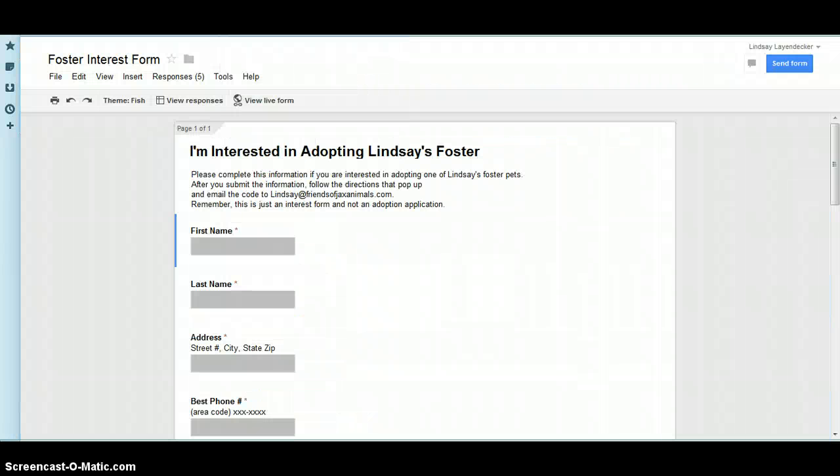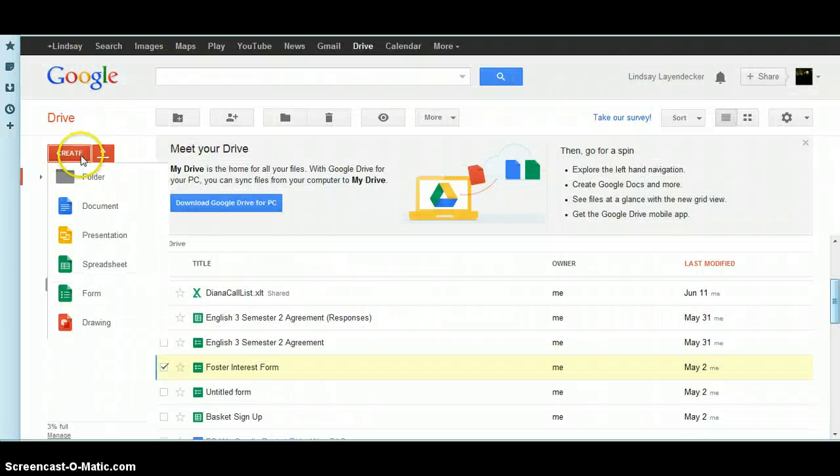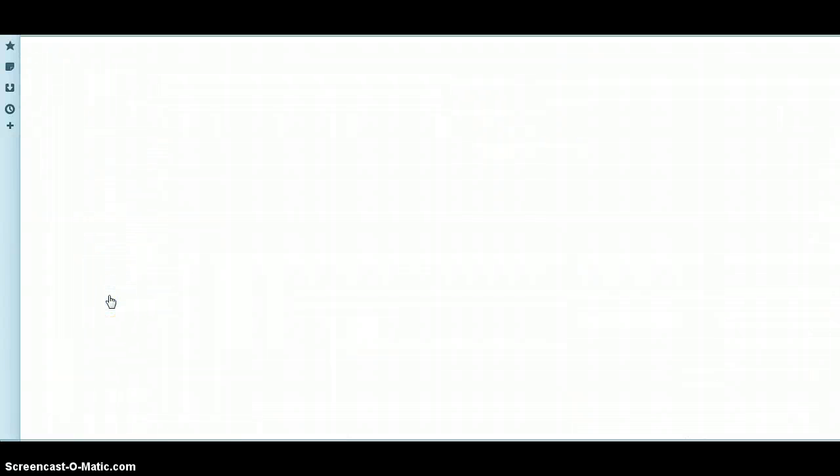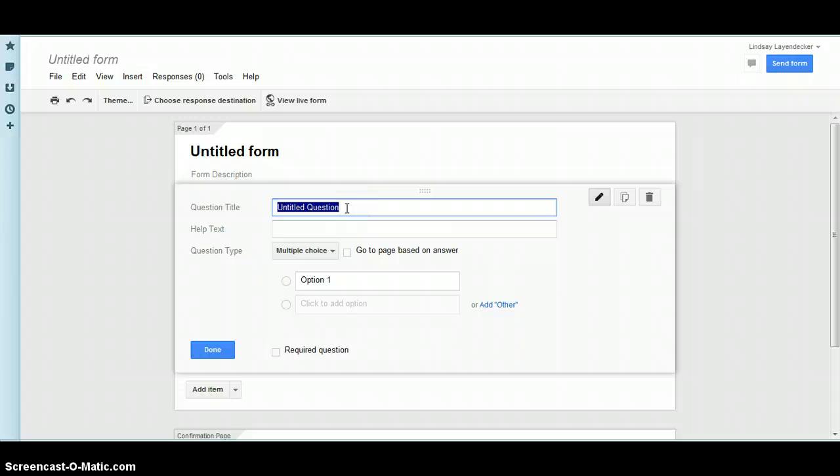Okay, so the way that we make this is we're going to go to Create, and we're going to select Form. So you're just going to put in here what it is that you want to create a form for. So we're going to pretend that we're just going to do a basic form, for somebody who needs help finding a pet. So we'll say,